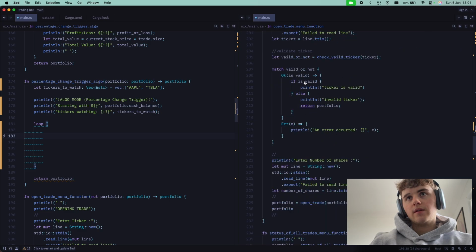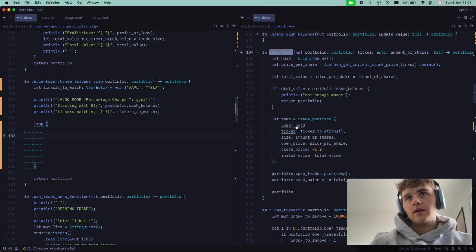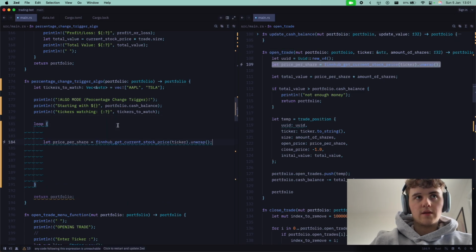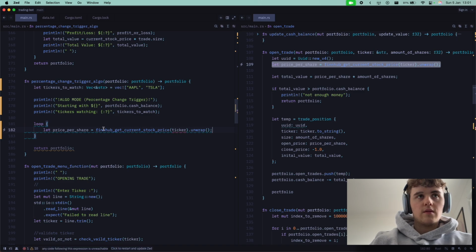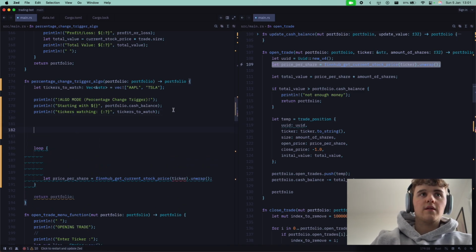We know it's a valid ticker. We say open trade here. Right, this is how you get the price per share. So when we start the loop, oh no, I guess we don't need to loop that constantly. We say initial price